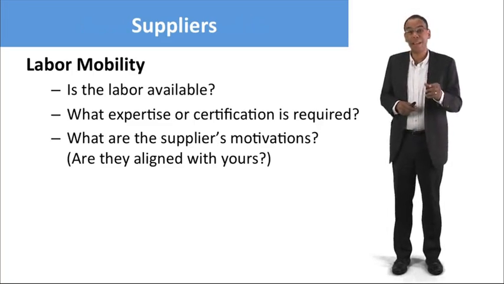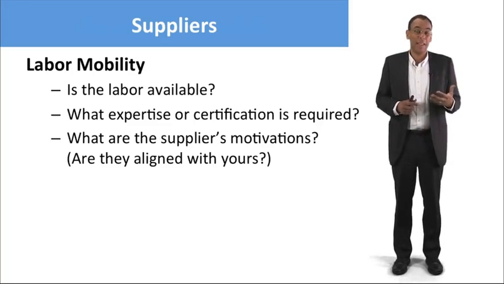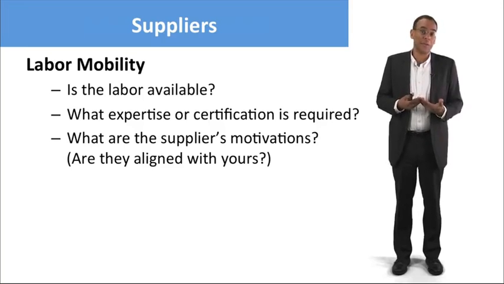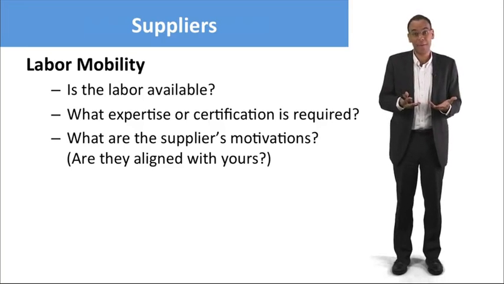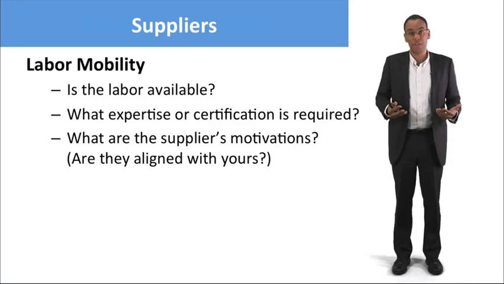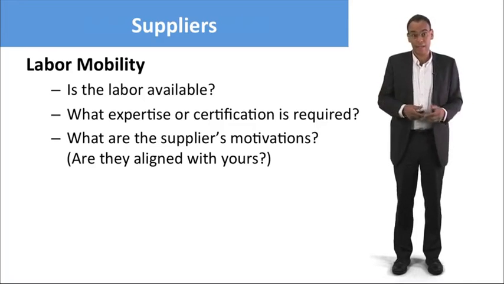So a big supplier constraint has to do with this labor mobility, that people may have the skills, but they may not be where we need them, or the skills may not even exist if it's a new industry, right? So if they're creating this new industry called digital photography, then there may not be people available who are experts who are able to come in and help us innovate around this new technology.